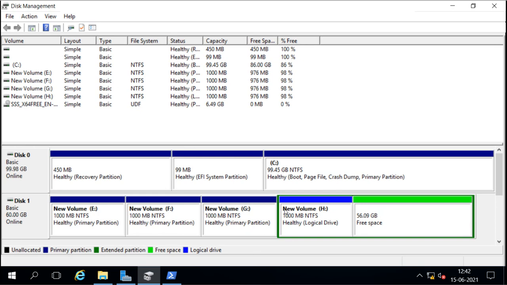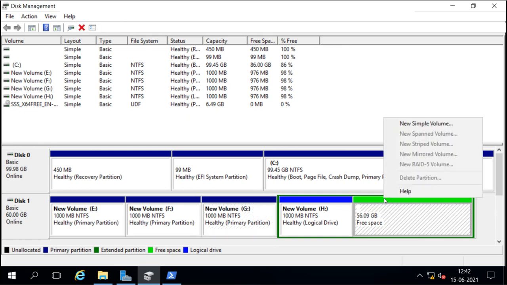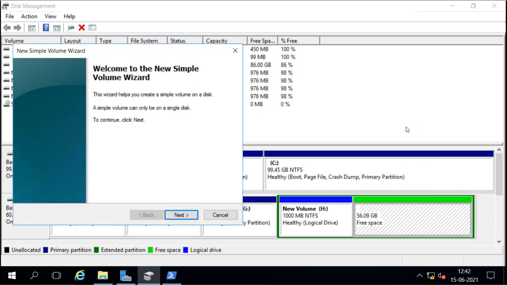If you see, this is primary 1, primary 2, primary 3, and the 4th one is extended. So basically only 4 partitions are created, but under the extended partition we can create the logical drives. We cannot use the extended partition, we can only use the logical drives of that extended partition. And in this free space we can create how many we want.